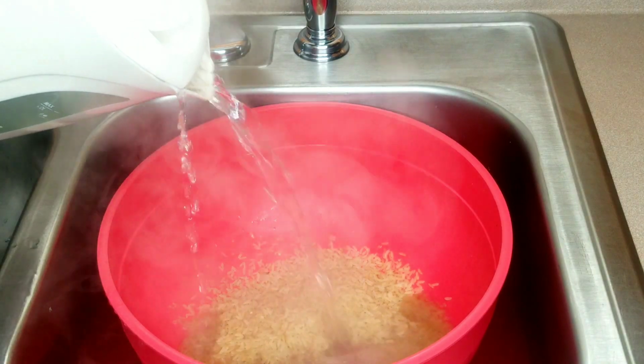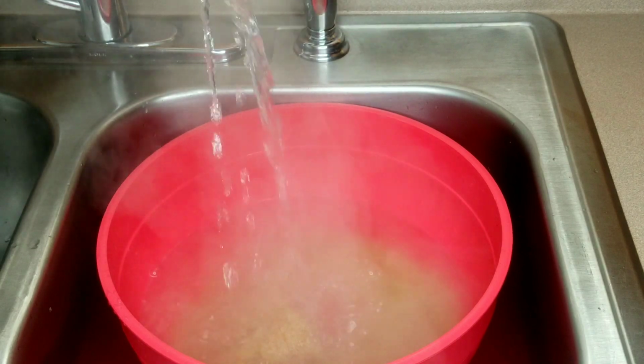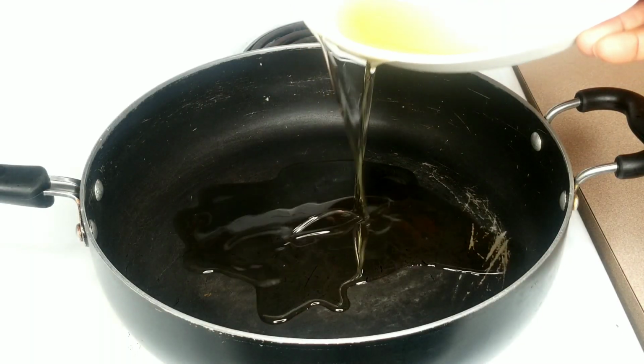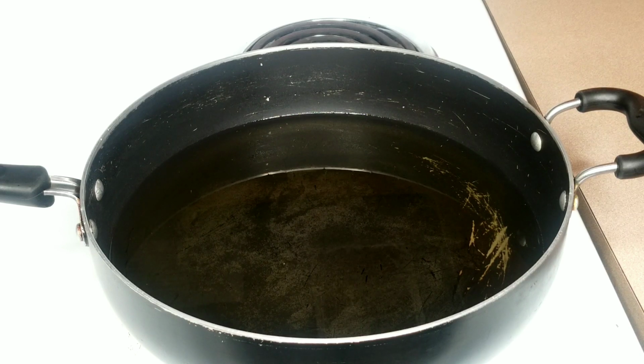So I'm going to add hot water to the rice. I will stir it together and allow the rice to sit in the hot water for 2 minutes or thereabout. So now that the rice is resting in that hot water, I'm just going to add a reasonable amount of peanut